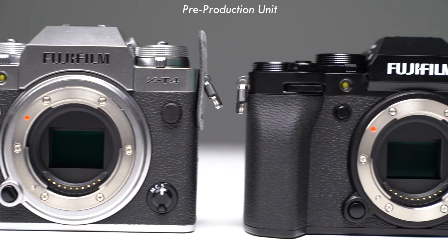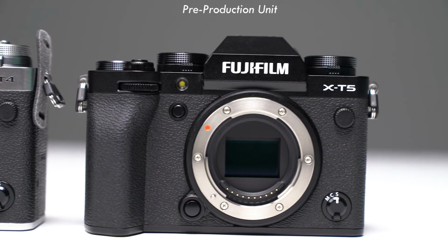These are just a few of the many incredible features and specs to look forward to on the brand new